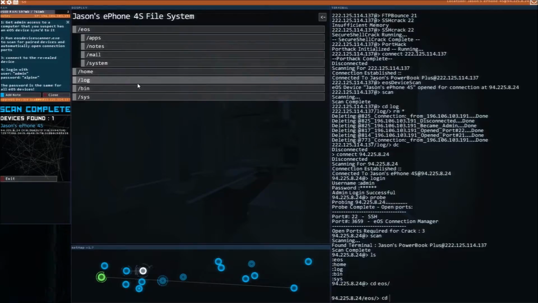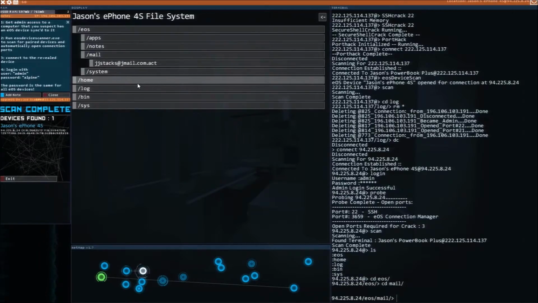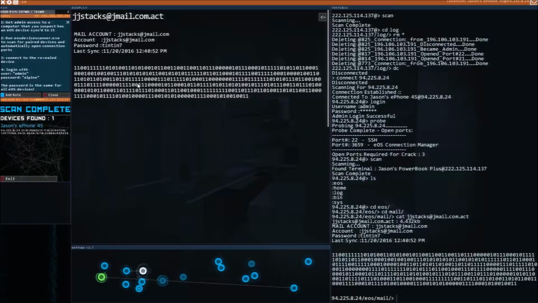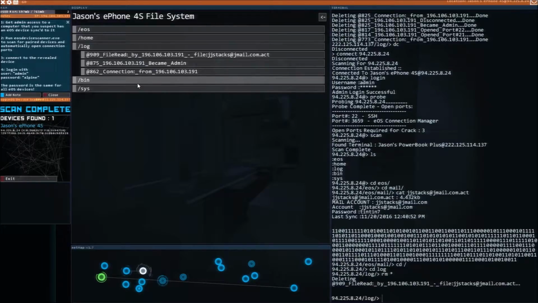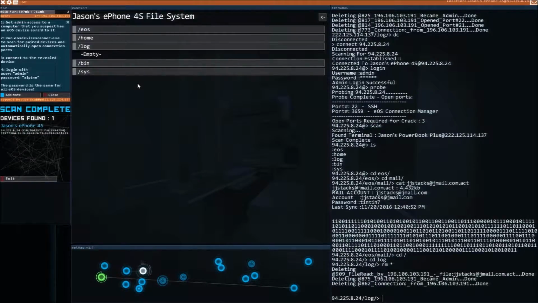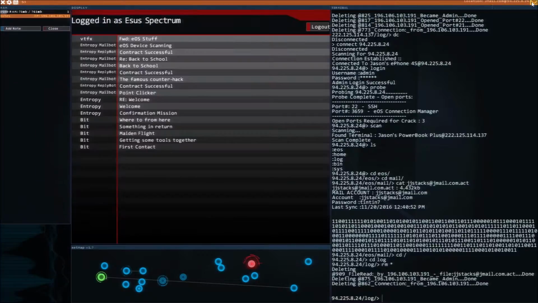CD, we are looking for his mail password. Alright, let's read JJ. Alright, and there we go. Email password, Tintin7. So we will head on over to the root, to the log, get rid of all that goodness, exit out of that, close that on down,